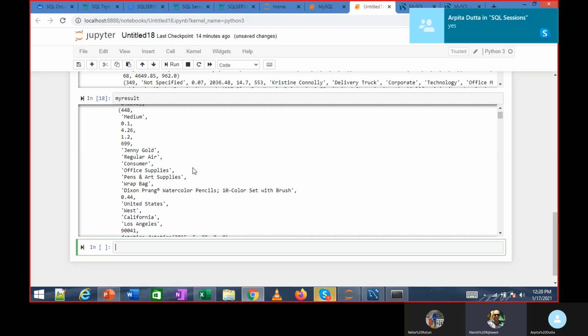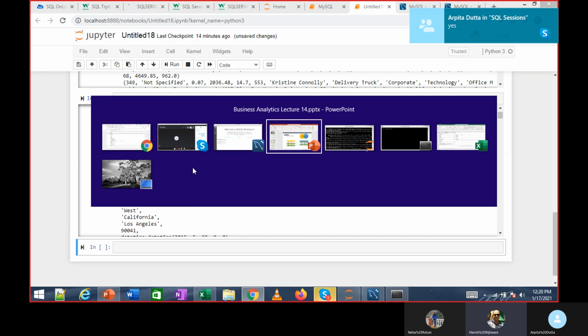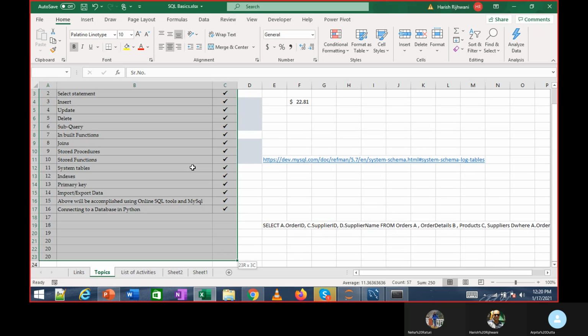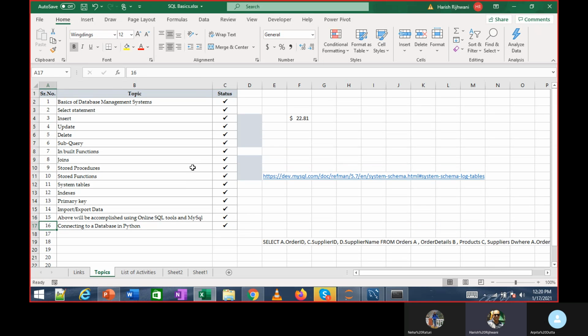Alrighty then. So we've covered everything. We'll have one session which is like a revision. Okay. And if there are any doubts, we can answer all those doubts. But these are the points I wanted to cover. This should give you a good understanding of how to use SQL. And the more you use it, the more you'll understand it.